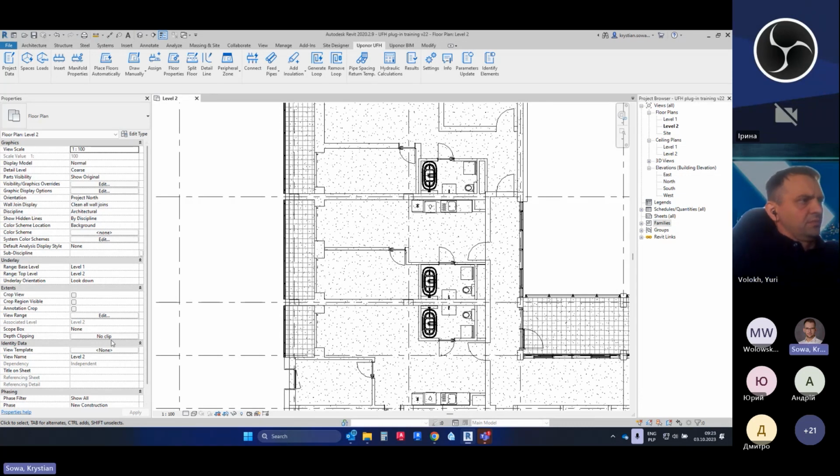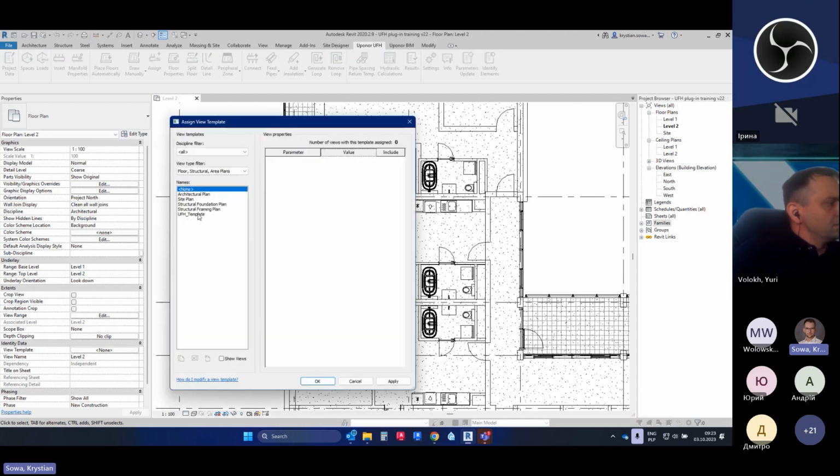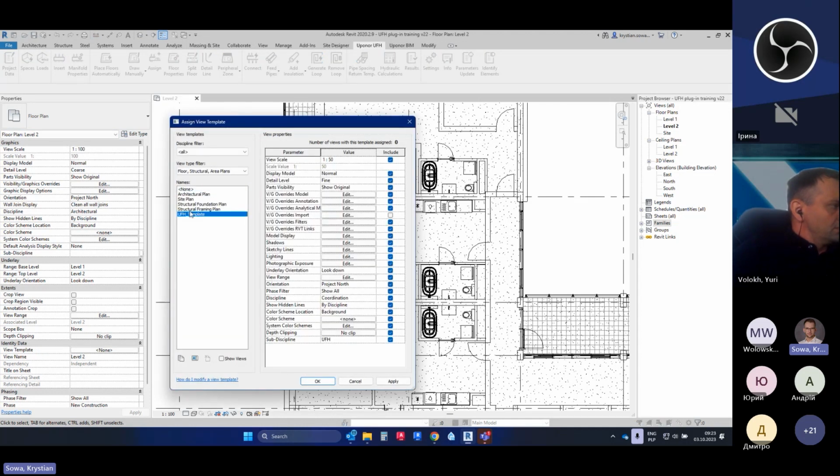Before we start doing anything, I would recommend that to start the project, you start with setting up the view template. So here in the properties, we will find the view template row. And here, if we click on it, we provide this template with the plugin. It is called UFH template. And in here, we have all of the settings for the visibility